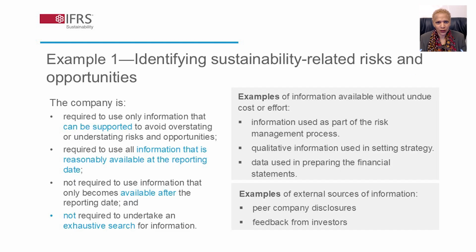In introducing this mechanism, the ISSB noted that this clarifies that companies are, first, required to use only information that can be supported to avoid overstating or understating risks and opportunities. Second, required to use all information that is reasonably available at the reporting date. And third, not required to undertake an